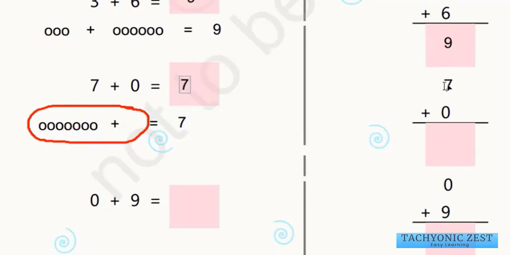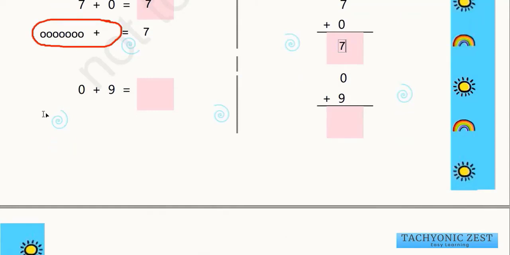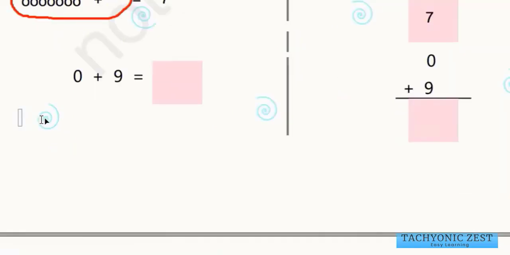So similarly here also 7 plus 0, just now we found that it is equal to 7 balls. Now 0 plus 9, so at first there are 0 balls. Okay, so 0 ball means there is no ball. Now plus 9 balls. So let us add 9 balls to 0 balls. At first there are 0 balls, means we will draw nothing. Then there are 9 balls, so let's add 9 balls there. So 1 2 3 4 5 6 7 8 9.